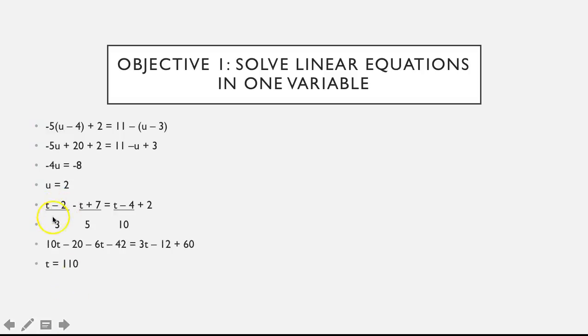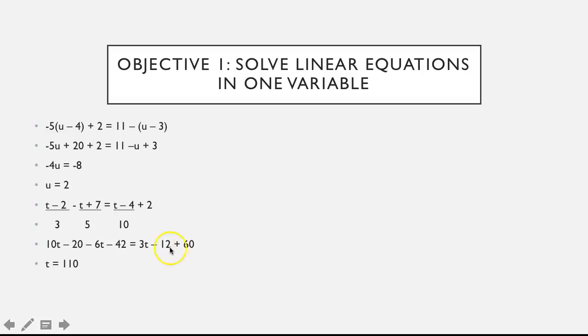When you do all of the multiplying, 30 divided by 3 is 10, so that's how you get the 10t minus 20, because you distribute the 10 in. 30 divided by 5 is 6. Remember, that's a -6, so when you distribute in, that's how you get the -6t minus 42. And on this side, when you multiply by 30, you're left with 3t minus 12,